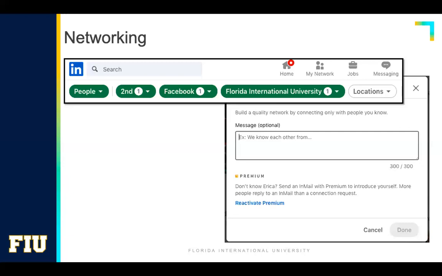InMail, even if you're not connected to the person, will show up as a private message, which is more visible. Look, LinkedIn Premium comes with a trial version. There's no reason not to try the trial and make your own decision about whether it is worth the cost or not. Personally speaking, I've tried it. I think most of the essential features of LinkedIn, all of the ones we've talked about here today, including filtering